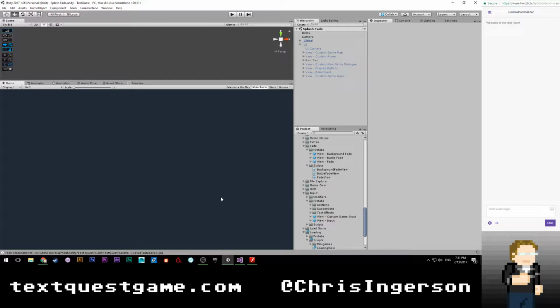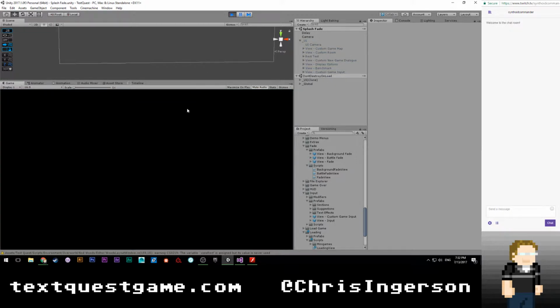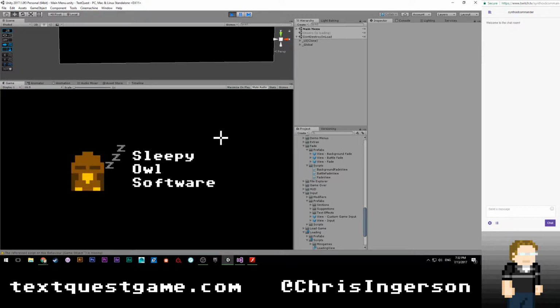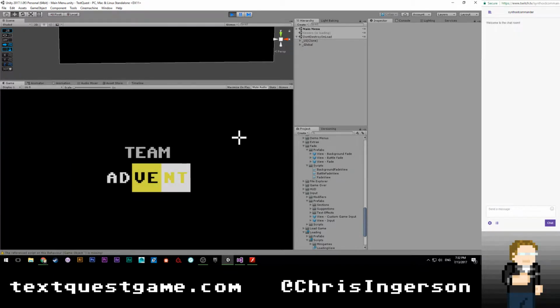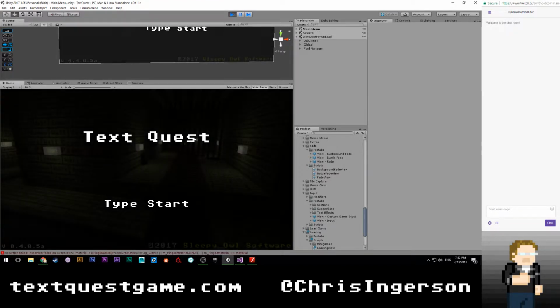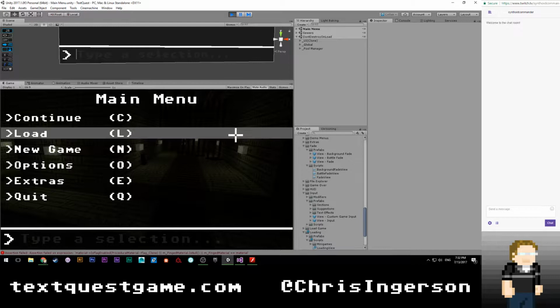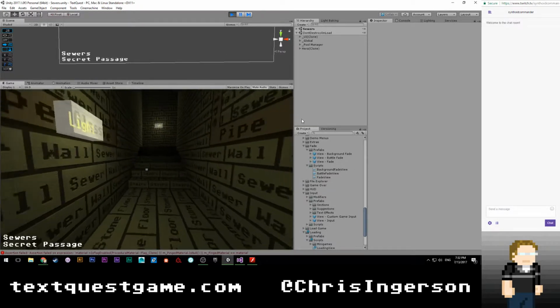Oh yeah, speaking of problems, I made a new build on Mac with the full release candidate of 2017.1. Still getting crashes, which at this point makes me think that it is something I have done. But if that was the case, I would expect it to affect Windows too. So I don't really know what to do about that. I'm probably going to need to post in the forums and be like, Unity, why'd you do this? Let's go ahead and do start. Continue. All right, let's try this.